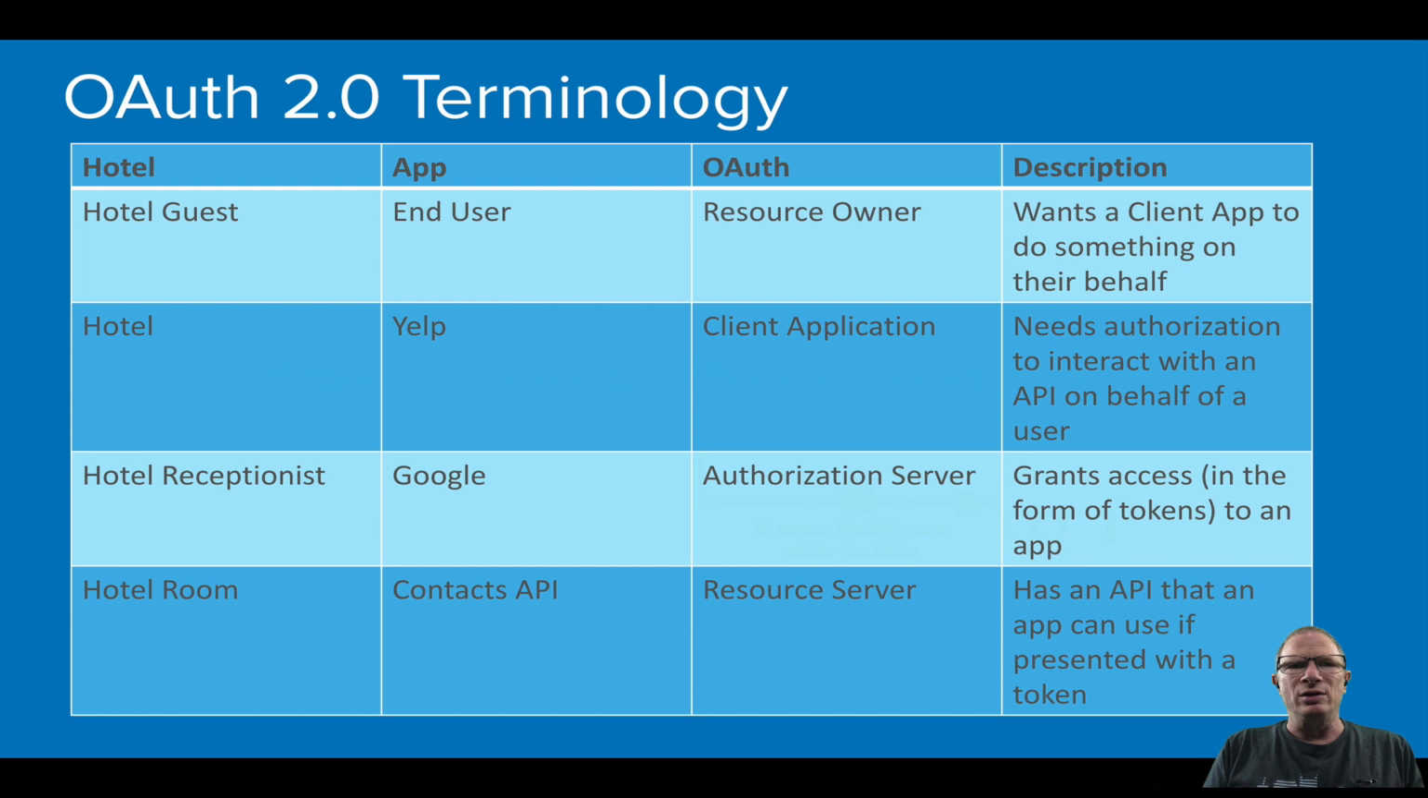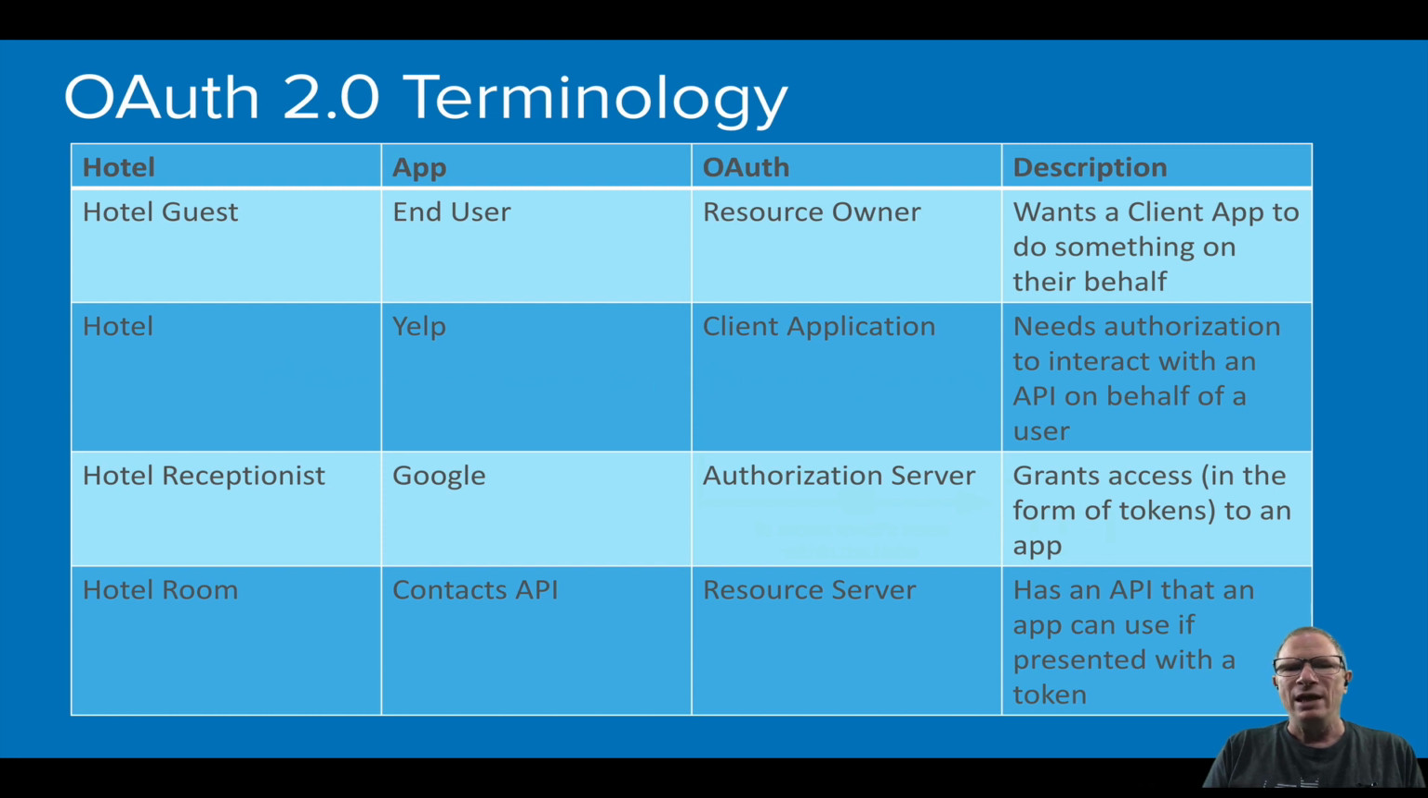So the resource owner, that's me sitting in front of my browser. I want a client app to do something on my behalf. So like Yelp is the client app, and me as a resource owner, I want Yelp to access my contacts on my behalf. Now, the client application needs authorization to interact with an API like the Contacts API on behalf